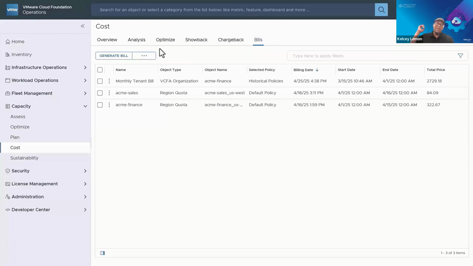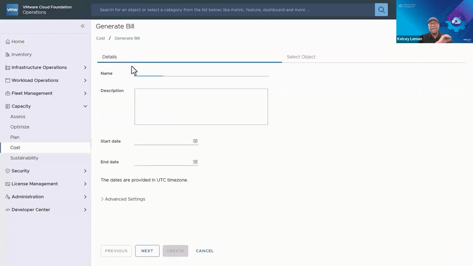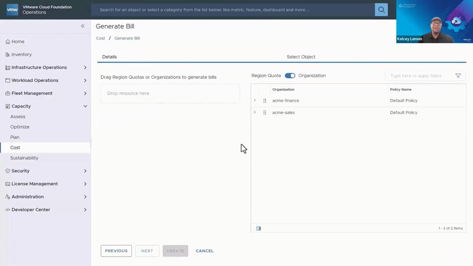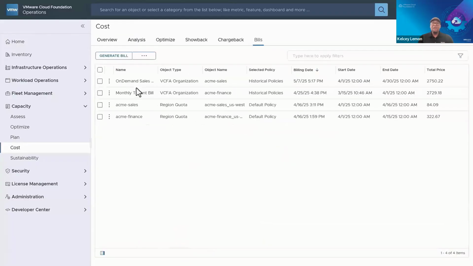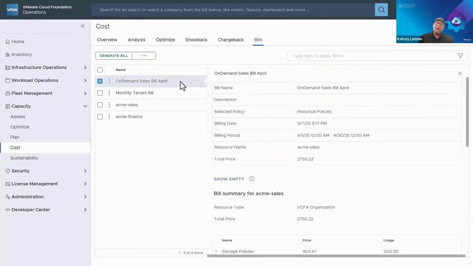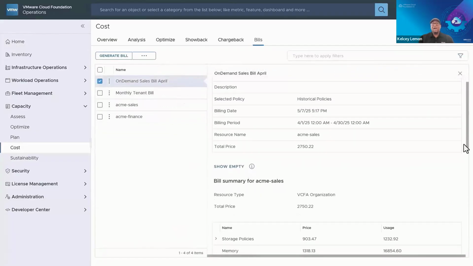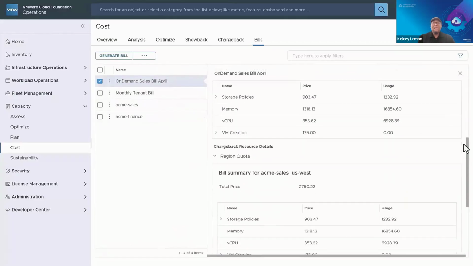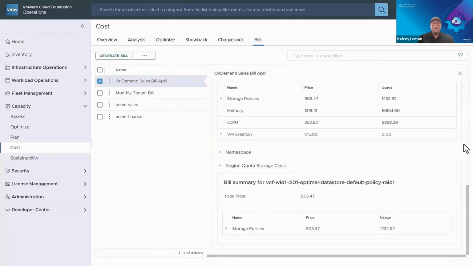First, there is the on-demand billing, where the bill is generated manually. It's a guided process where you enter your start and your end dates. You simply drag and drop your billing objects. It could be an organization or region quota. And then with that, boom, all of your billing information is available with all of the resource usage